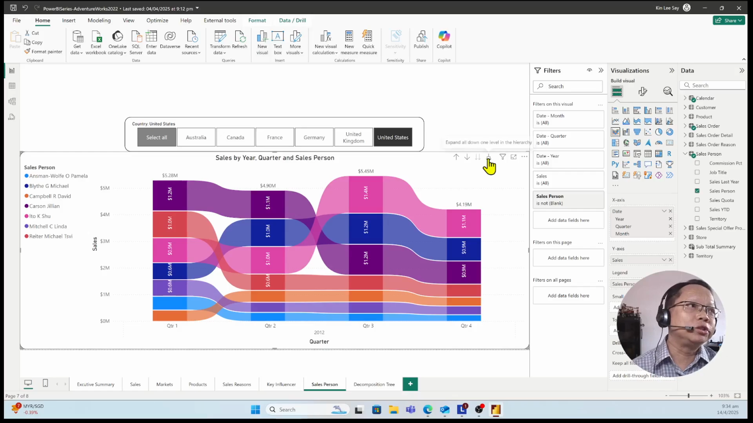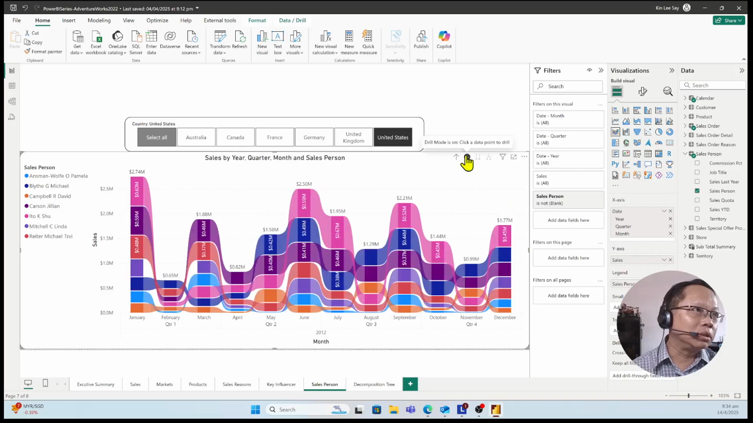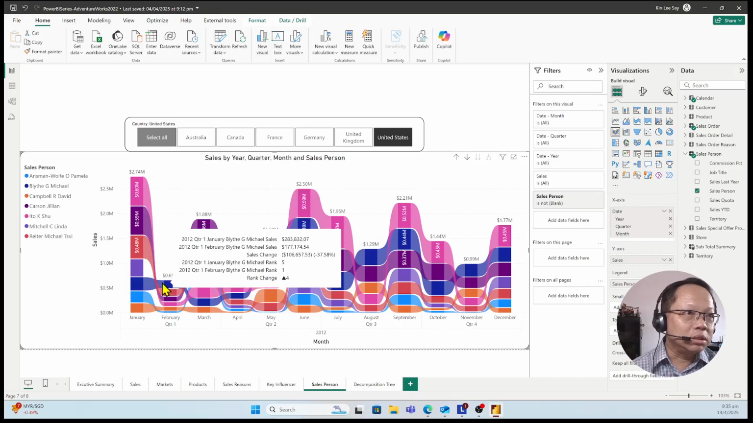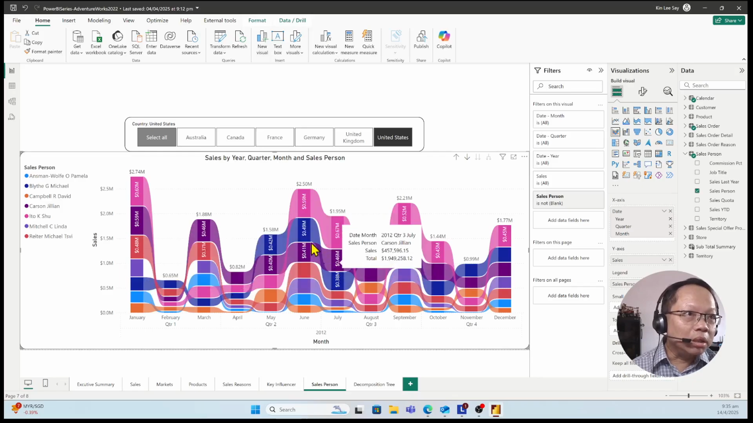I can further drill down. Let me go to this one. Let me uncheck. Okay, so now we have further detail. Every quarter, the system is able to generate the months. So it starts in January and ends in March. Okay, so for January, the first is, I think, Ito. Yes. This is Blythe. So,